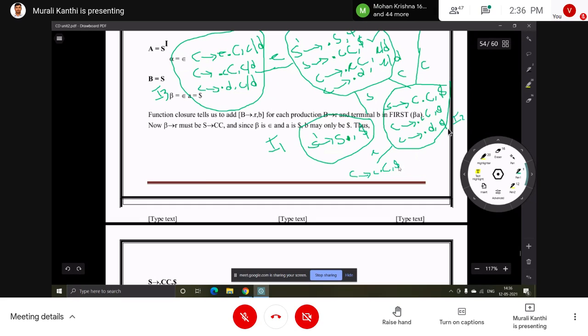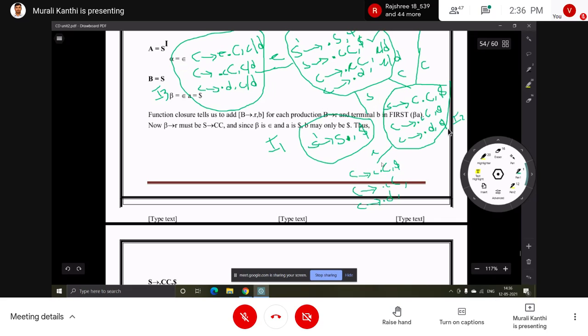Okay, next what we have to do, after that which symbol is there, that we have to see. After that capital C, that is a non-terminal, add non-terminal production. So C implies, what? C productions: C implies dot small c capital C, and C implies dot D. Okay, next we have to add lookahead symbol.